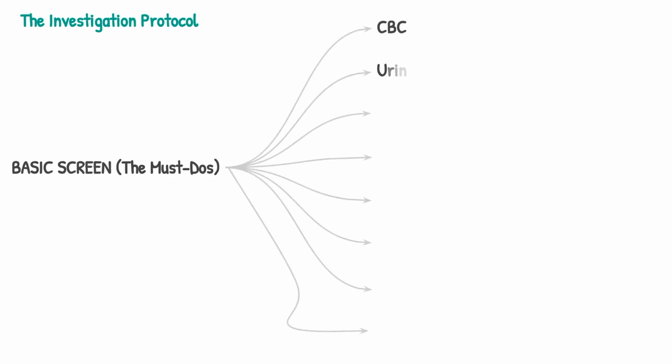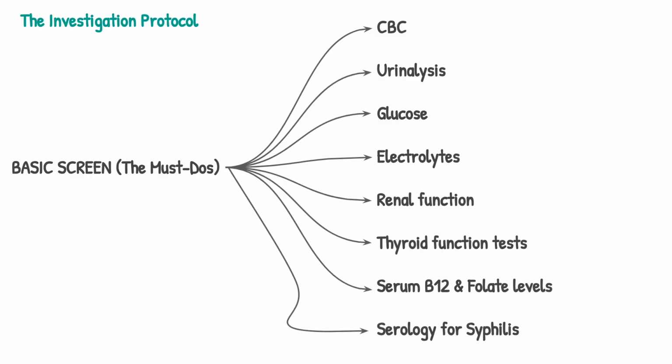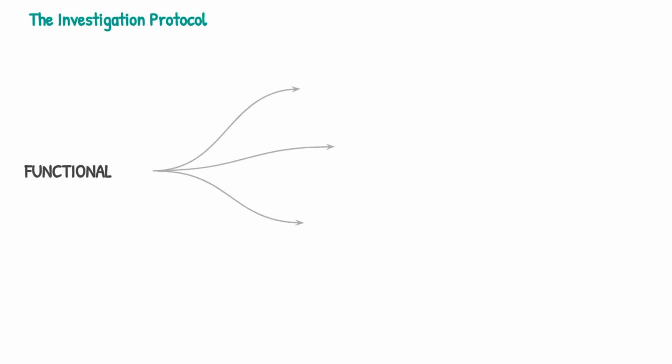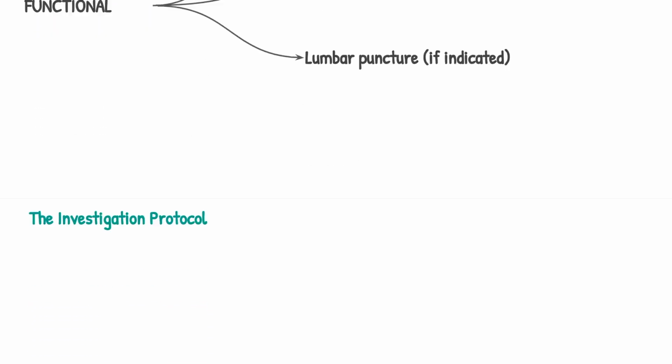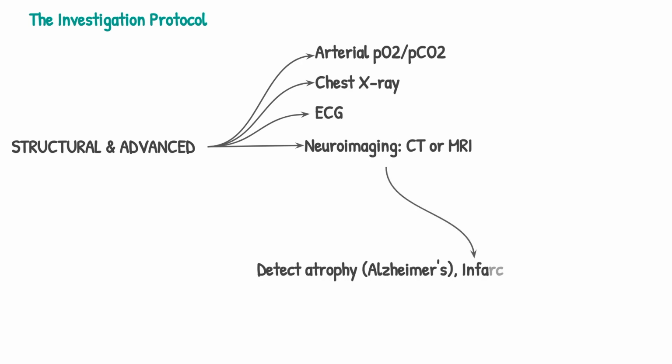The next slides detail the investigation protocol for dementia. The basic screen must include CBC, urinalysis, glucose, electrolytes, renal and thyroid function tests, serum B12 and folate levels, and serology for syphilis. Functional investigations include neuropsychological tests, EEG, and a lumbar puncture if indicated. Structural and advanced tests include arterial PO2-PCO2, chest X-ray, ECG, and neuroimaging like CT or MRI to detect atrophy, infarcts,